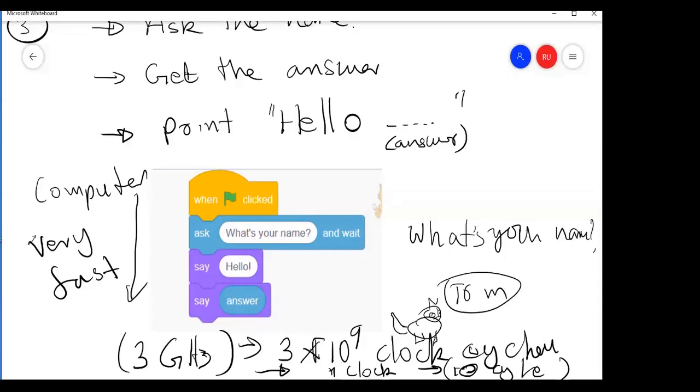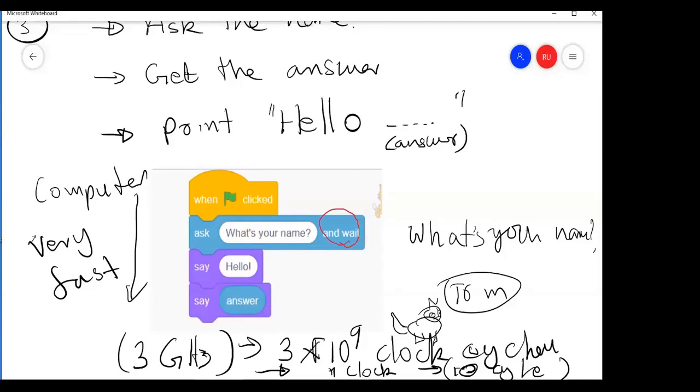If you execute instructions one after the other, it is so fast that you cannot see them. Here, the first instruction has a thing called wait. You ask the question and wait, so we ask the computer to wait until we give the input.